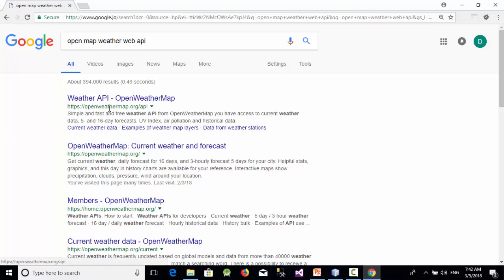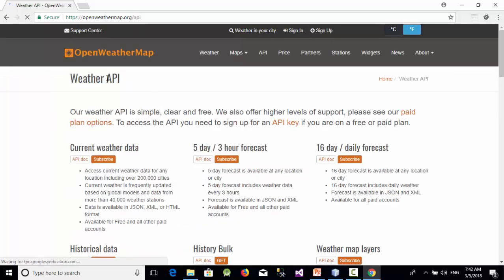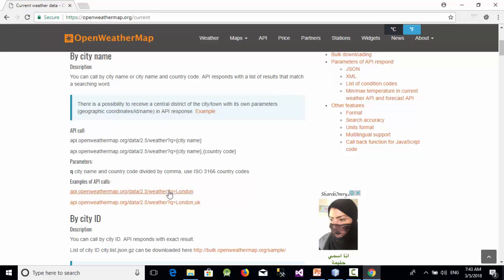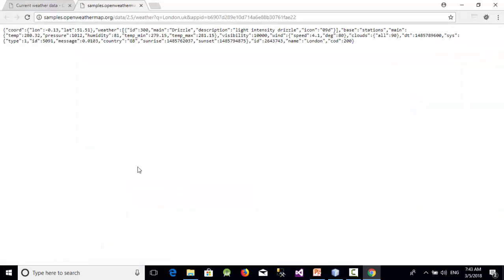Okay, so OpenWeatherMap, this website is used to display the weather, but as a developer I can call their weather API. So if I go, for example, to this one, which is the current weather data, and let's suppose I click on this hyperlink here. Yes, as you can see here, here is the weather condition. Here is the temperature, here is the pressure, here is the humidity, and so on. But this data